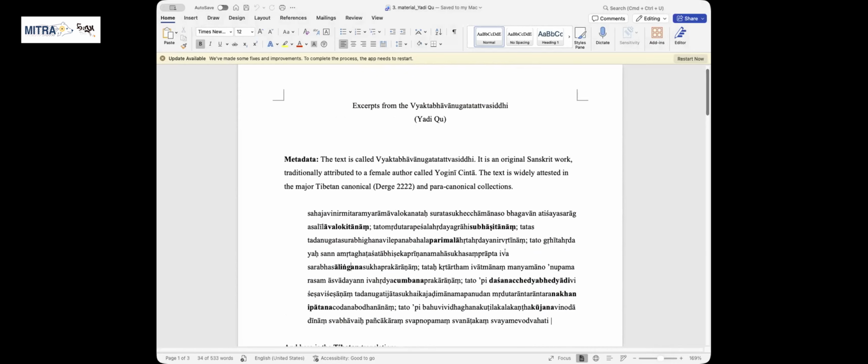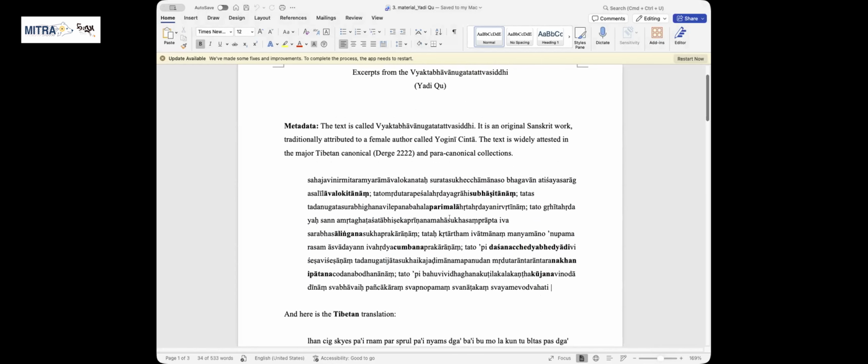One feature of this text is the author's fondness for using extremely long compounds. For example, given on the screen is a parallel. This Sanskrit is one single sentence ended with the finite verb at the end,